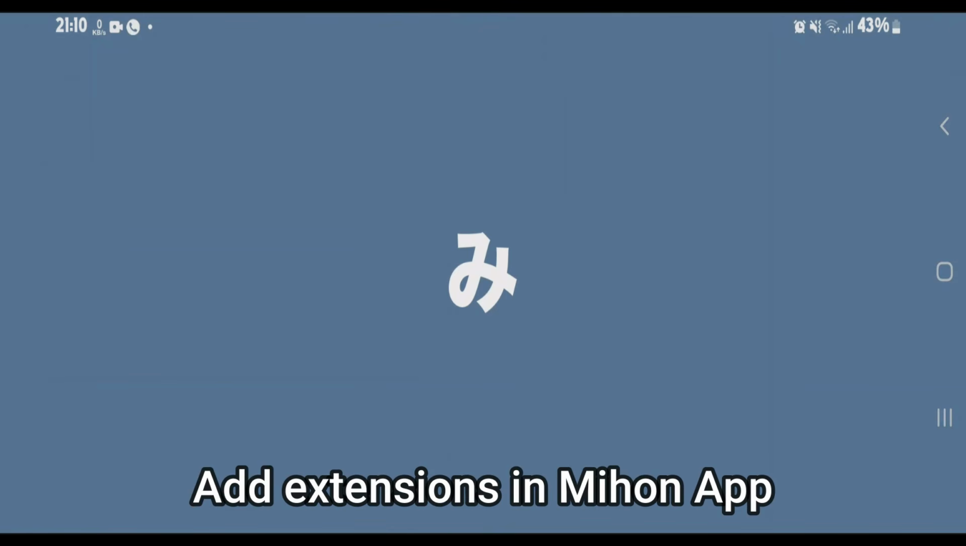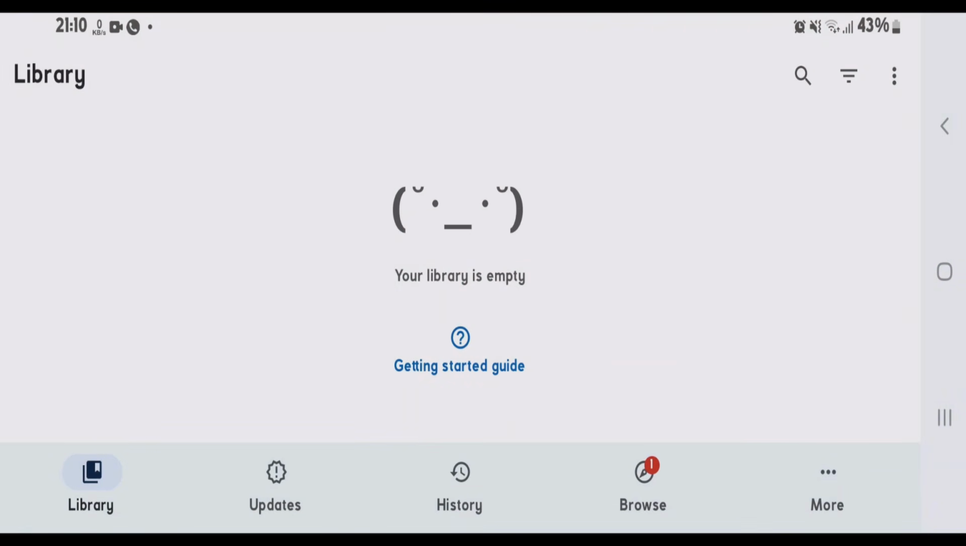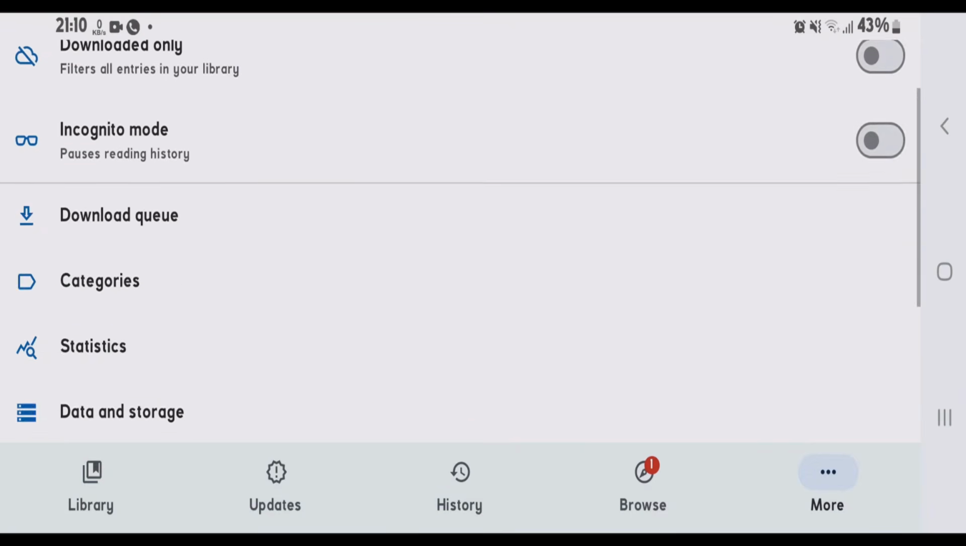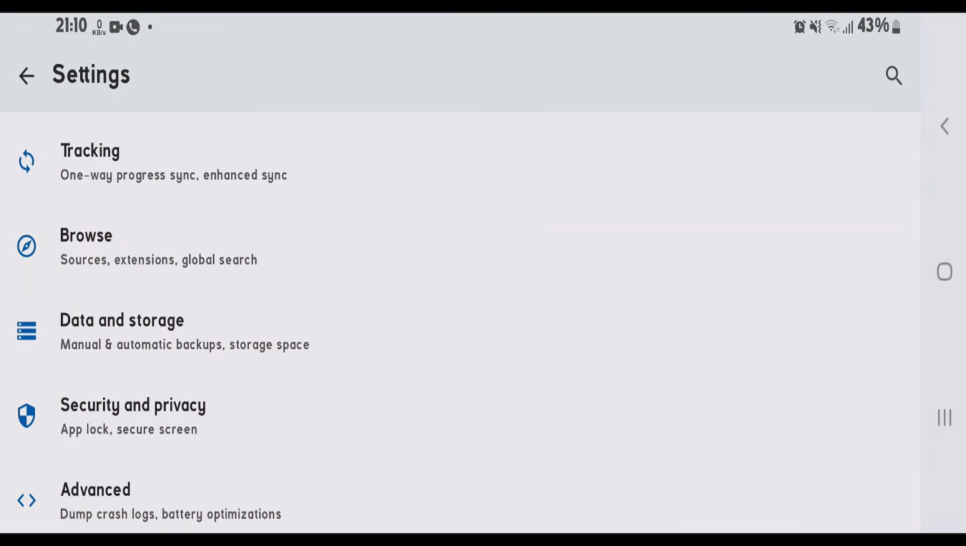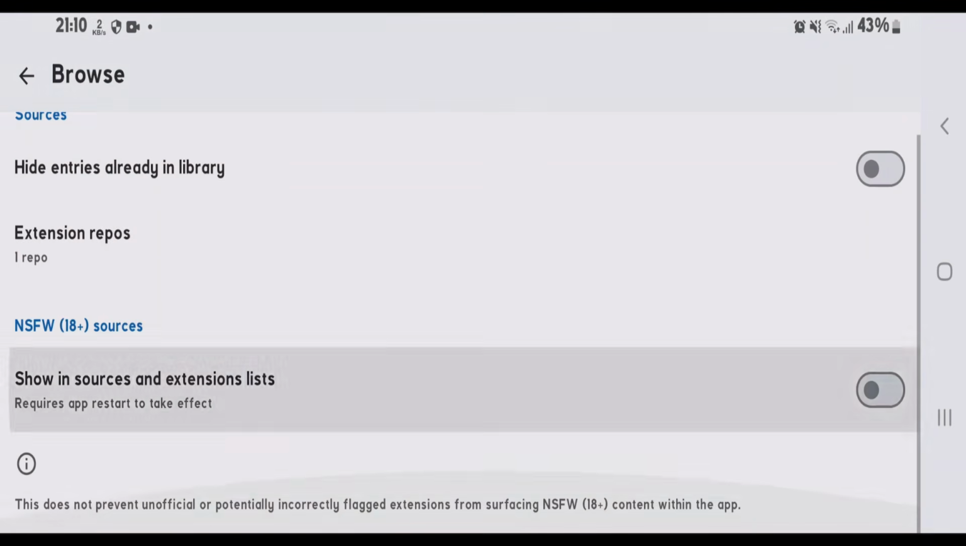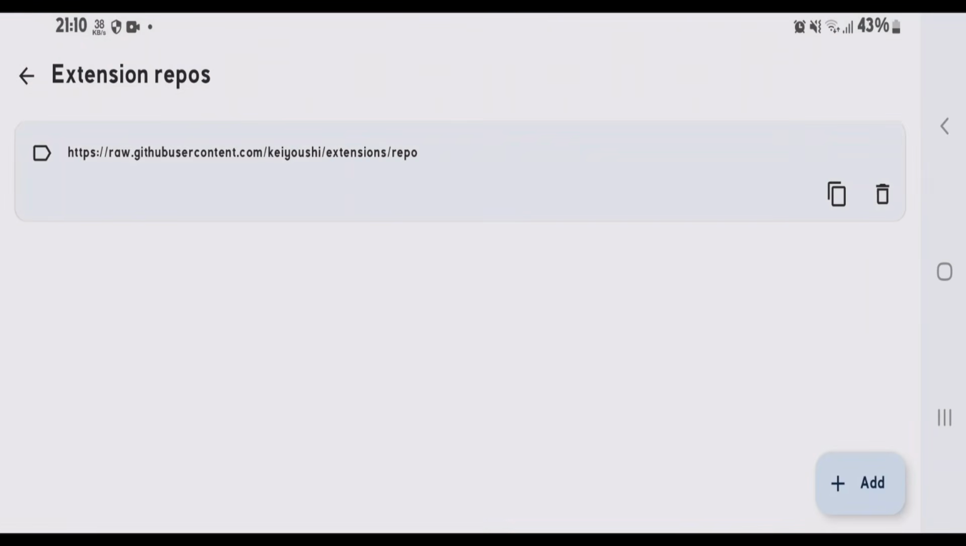So guys, I'm going to show in this video how we can add extensions in the Mihon app. Firstly, you're going to go to the More option here, scroll down, tap on Settings, scroll down once again, tap on Browse, and tap on Extension repos. You can tap on Add to add the extension repo, but we're going to find the extensions first. I have already added one extension repo here, so let's go back to the home screen and